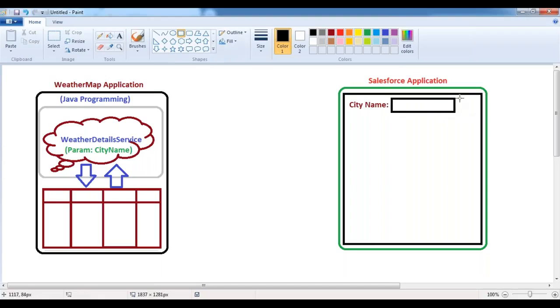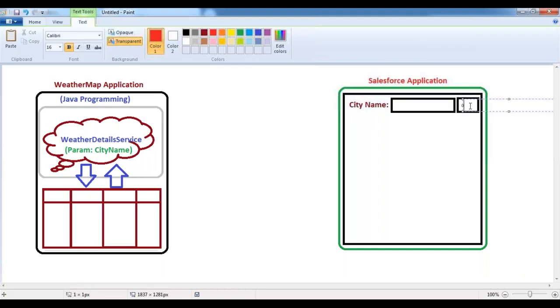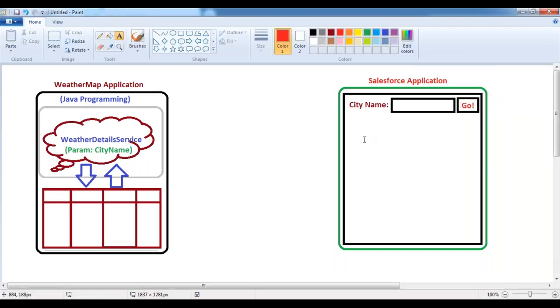So beside that, we have a small button control called Go. And then below I'm having the text boxes or the labels. Now, here I want to show the weather information like